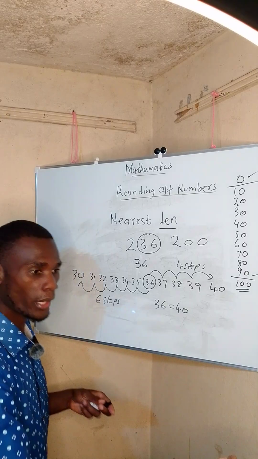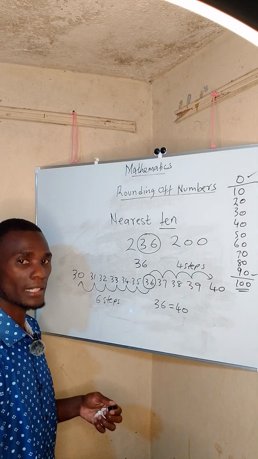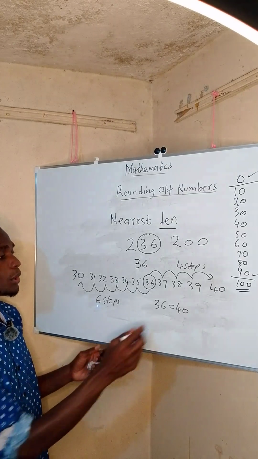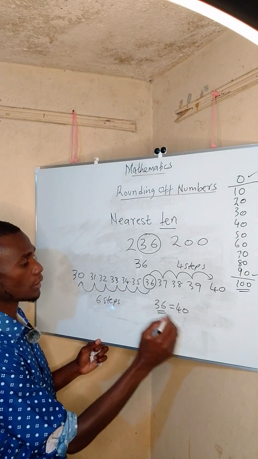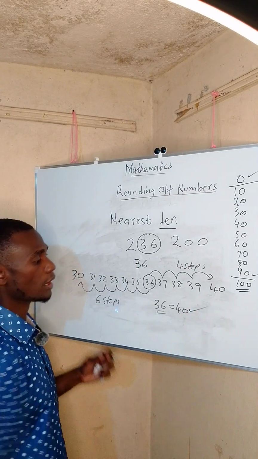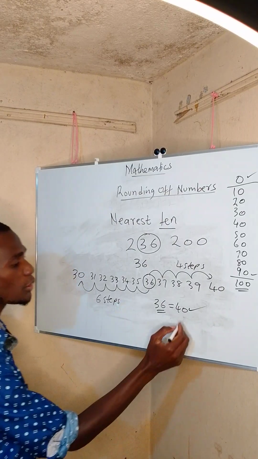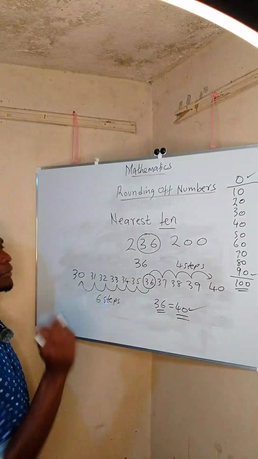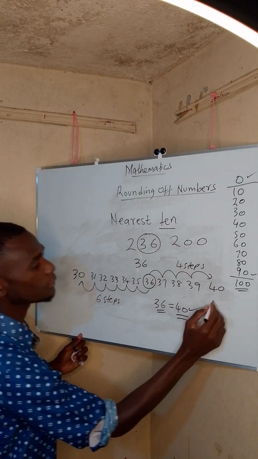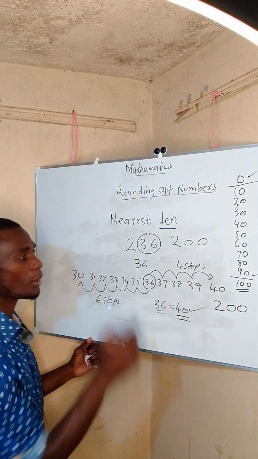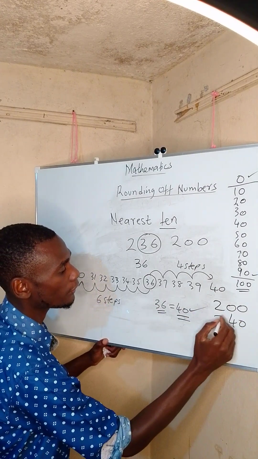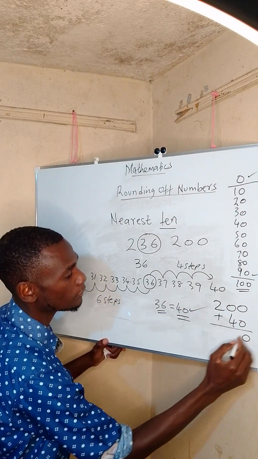So you move to the nearest number to the number you have been given. So we have rounded off 36 to 40. Once you have it, go back to that 200 where you left it. So it was 200. Say I left this 200 here, so I'm coming back to you. Take it and add that 40 of yours there. So you will have a total of